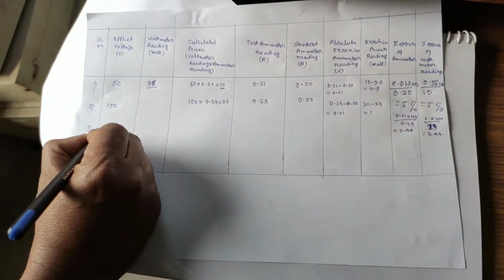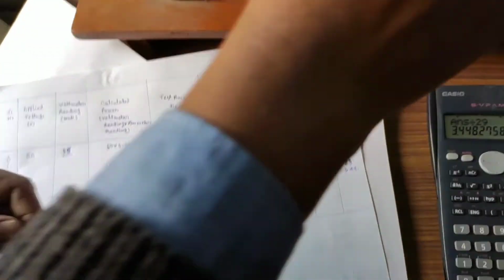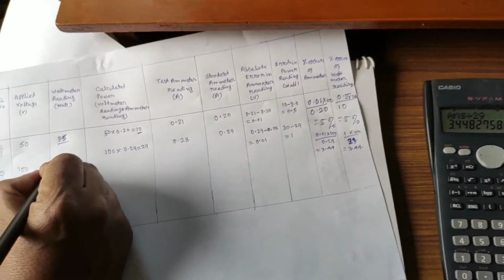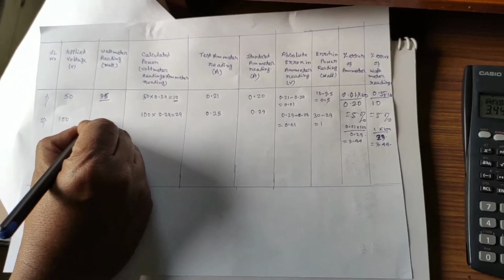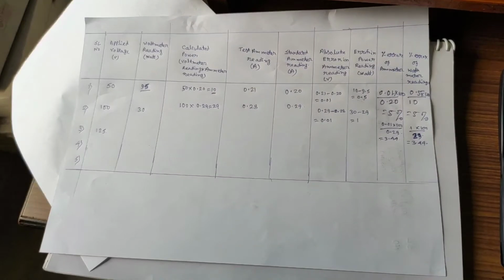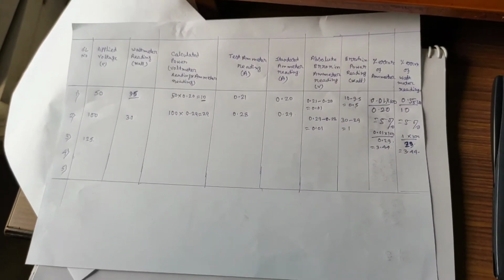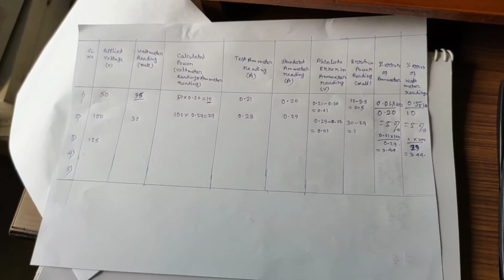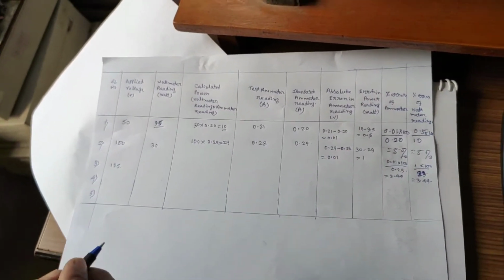So the next reading we can take likewise. Again we need to change it from 100 to 150 and do the operation. You can see here both the readings are the same, but it is not necessary that the reading will always come out to be the same. So like this you can perform this experiment. We hope to see you here very soon, and then you can do this experiment by yourself. For the time being, just watch this video and try to understand how you can perform the experiment. Thank you for watching the video.